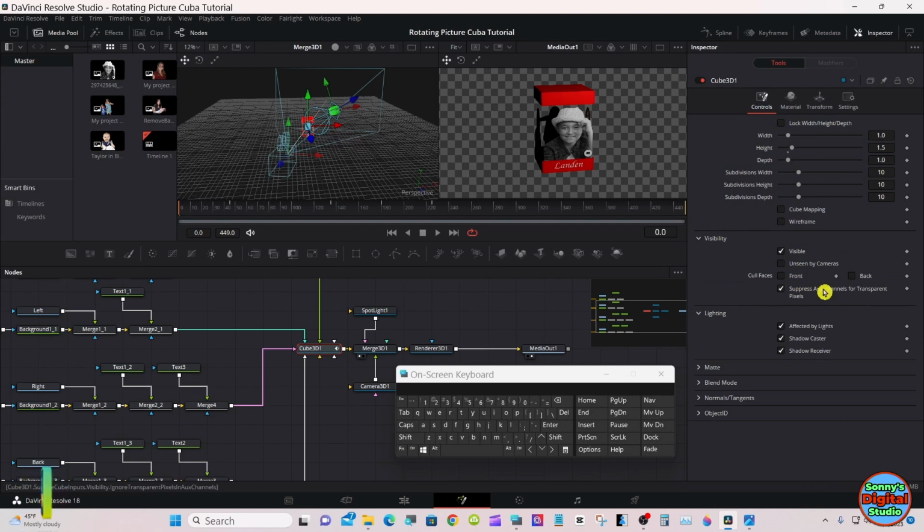Under controls, cull faces, make sure those are off. Make sure they are not selected. Okay, we'll go up to the edit page and see how it looks.